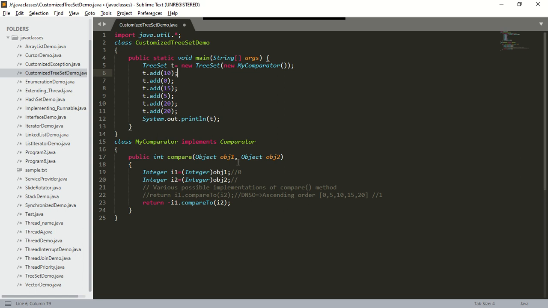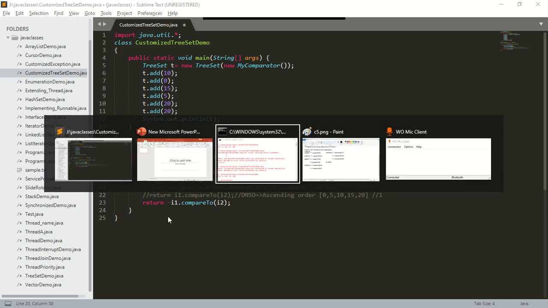That is 10. Okay. The value of i1 is 0 and the value of i2 is 10. That is 0.compareTo(10). So 0 should come before i2. Before means what will it return? It will return a negative number. So minus into minus, what is it going to become? It is going to become plus.